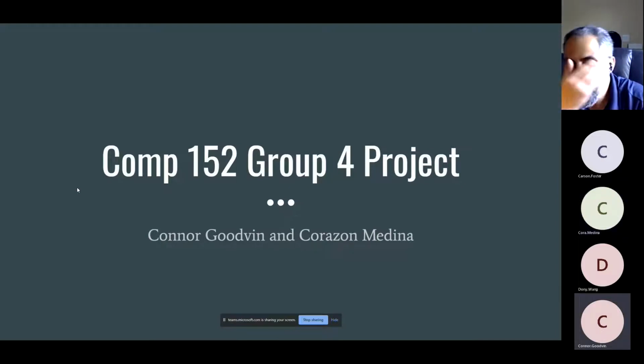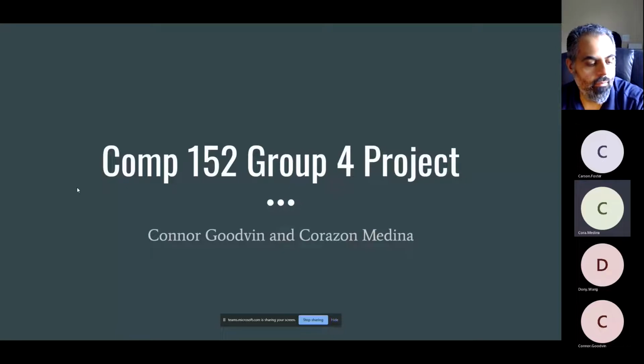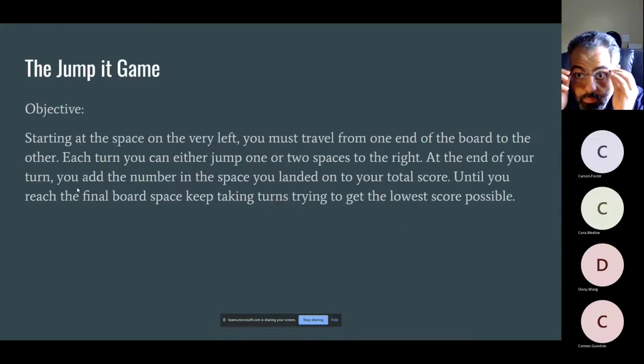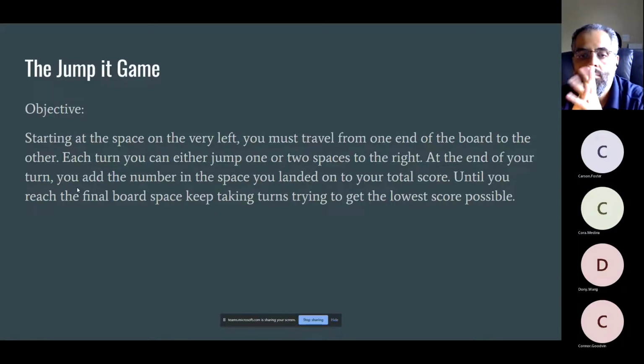Good afternoon. We're group 4. Our selected project is the Jump It game. The objective of it is to start from the space on the left, to the very left. You must travel from